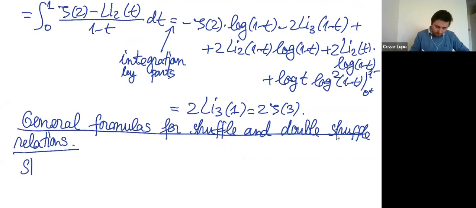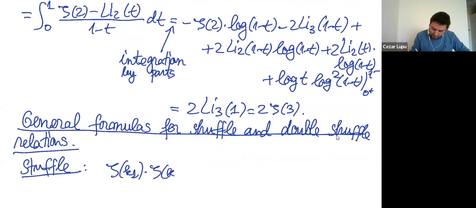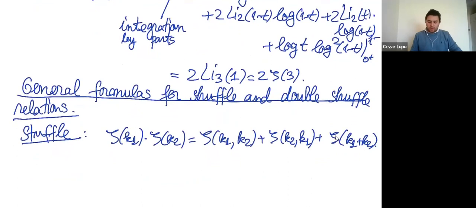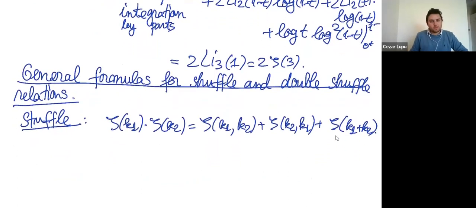In fact, what I'm going to do is multiply again two single zeta values. Let me remind you, the shuffle was that if we multiply two single zeta values, zeta of k1 times zeta of k2, this was double zeta of k1, k2, plus zeta of k2, k1, plus zeta of k1 plus k2, right? All right, so that was the shuffle. But the question is, is there a way to have a similar relation for the shuffle? So in other words, when we multiply the integral representation of the single zeta value,